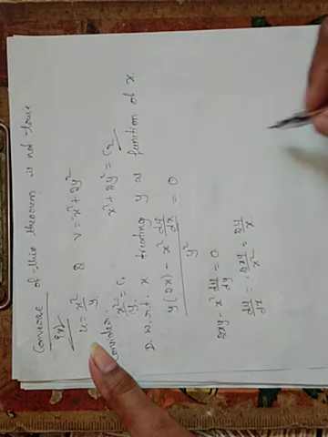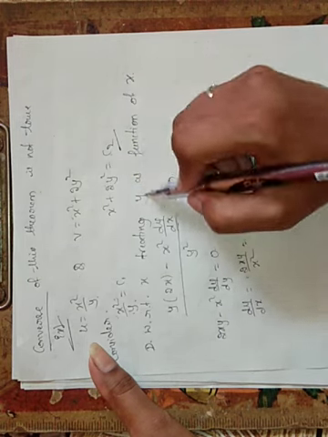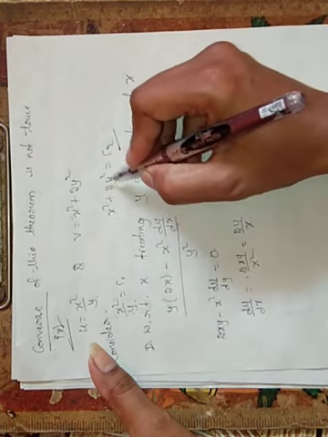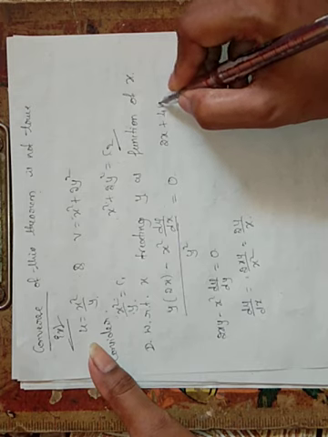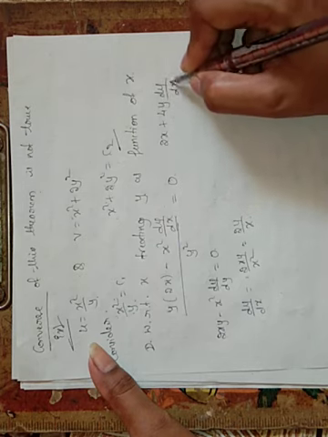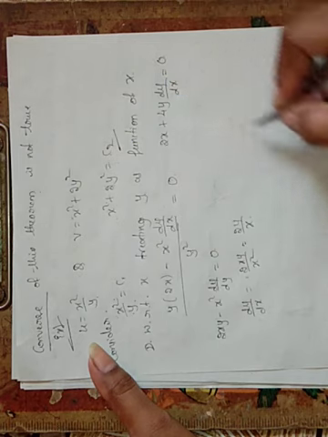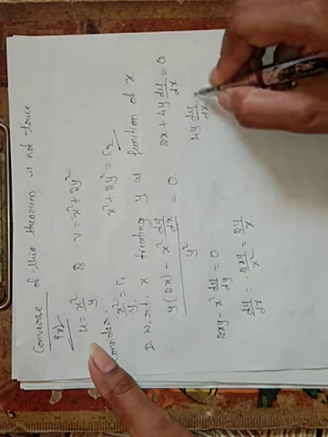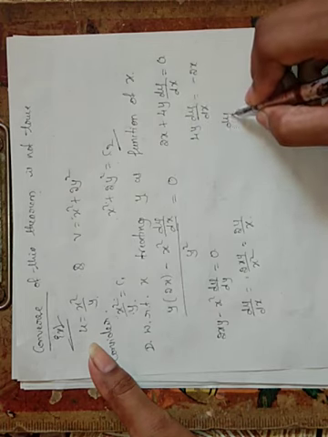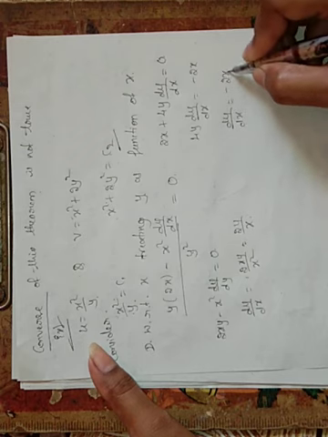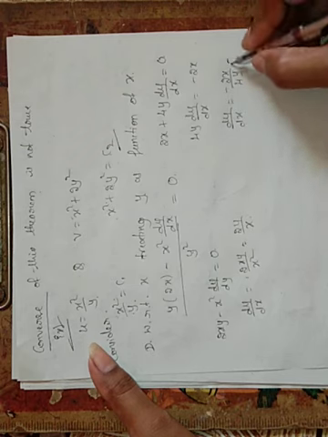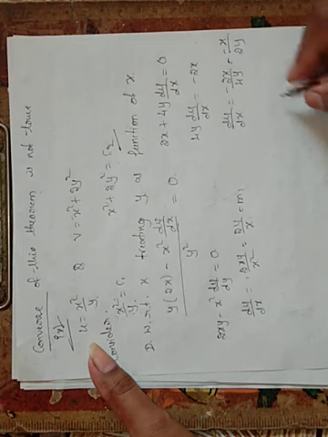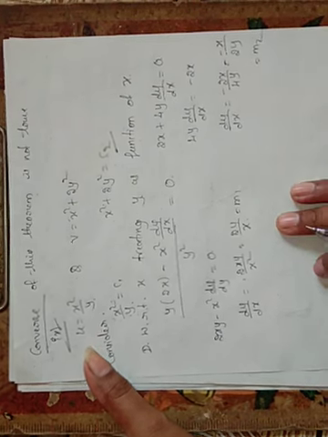Come to this curve now. Derivative of this term with respect to x, treating y as a function of x again. Derivative of x square is 2x. Derivative of 2y square is 4y into dy by dx. Derivative of c2 is 0. So now 4y into dy by dx equal to minus 2x. dy by dx equal to minus 2x divided by 4y, that is minus x divided by 2y. Consider the first one as m1 and this one as m2.